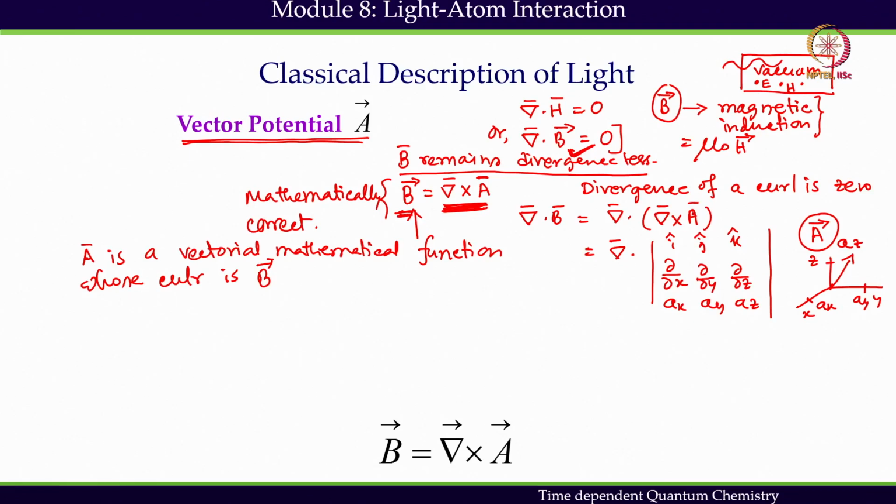But we will try to give some pictorial meaning of vector potential. One of the physical significances of representing B in terms of vector potential is that for a charged particle, if I have a plus q charge particle with mass m and velocity, let us say v, if this particle is interacting with electromagnetic field,